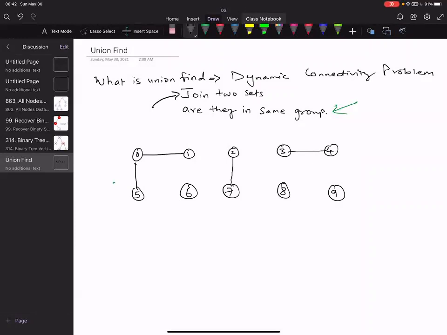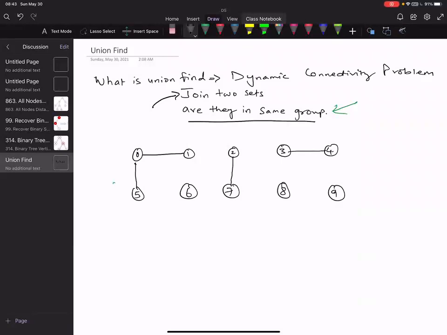Okay, DFS. But what data structure should be present? Like a graph. Correct, if we want to do it in brute force, it will be a graph. So it's a kind of graph data structure where I can do DFS and answer this question: are they in the same group or not, are they connected or not?